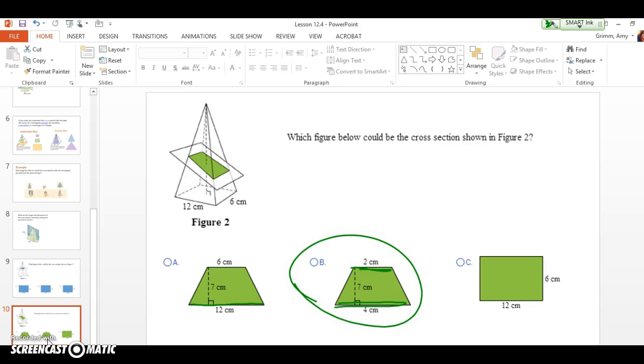And C is definitely wrong because it's a rectangle. A rectangle is only going to happen if you go at a horizontal, not at a diagonal slice. So even if it's like half of a degree off, it's still going to be a trapezoid. Yes, correct, Mundo, if it's at a diagonal. Yep. All right. If like it gives you exact